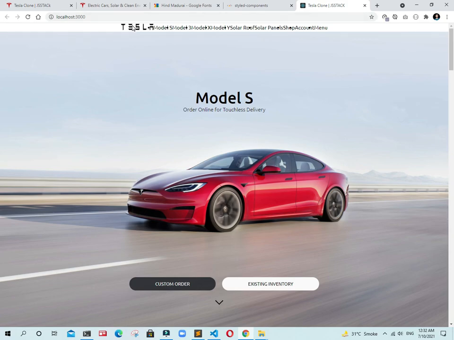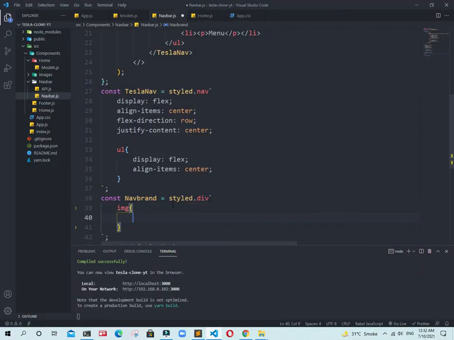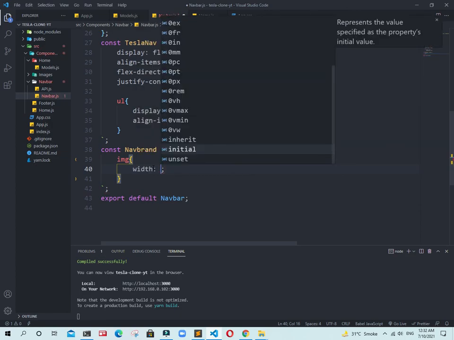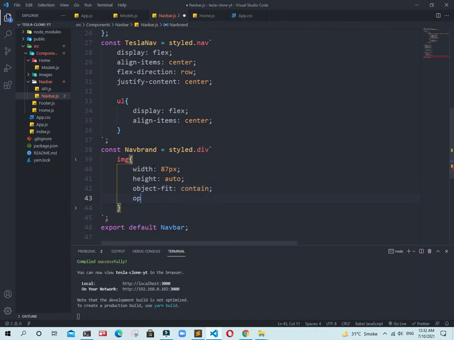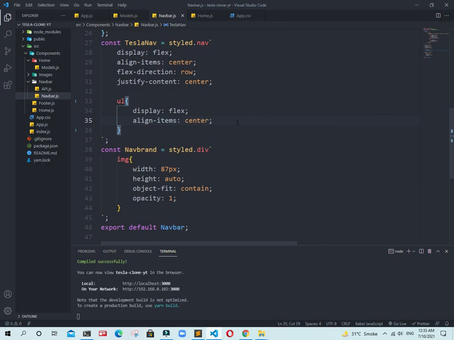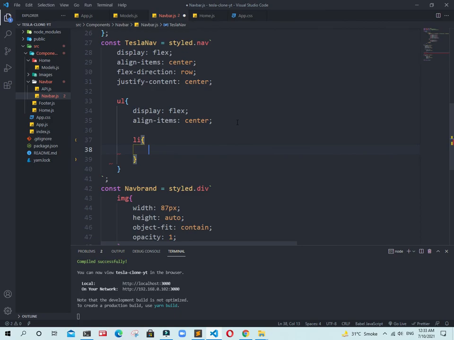Now we need to set up our logo. First of all, in the NavBrand we have this logo, and its width is going to be 87 pixels, height auto, and also we need to write object-fit contain, opacity 1. Yes, it's really cool, it's awesome. Now inside this ul we have an li.